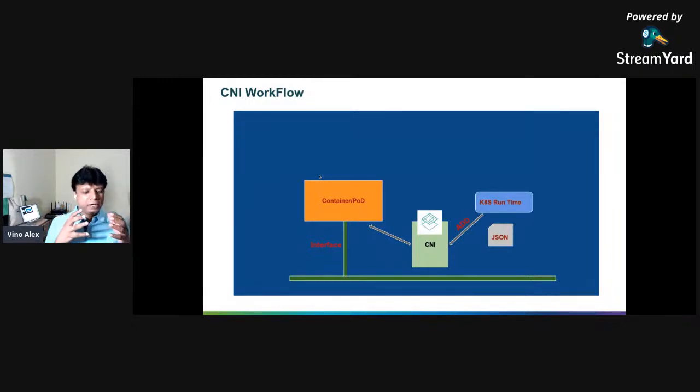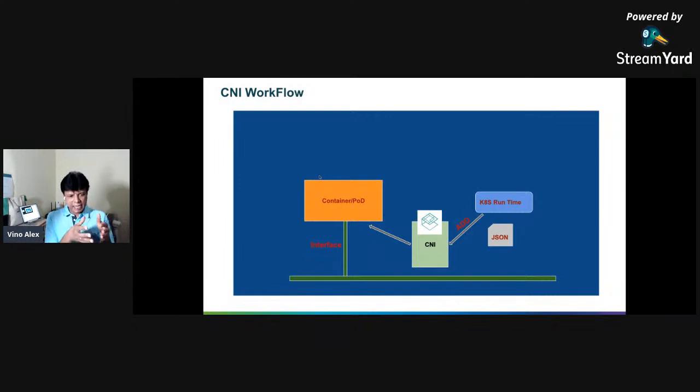When you look into CNI, that's today's topic, it's a simple interface, with very limited calls between the container runtime and CNI, but once it moves to the provider side, it can become more complex.